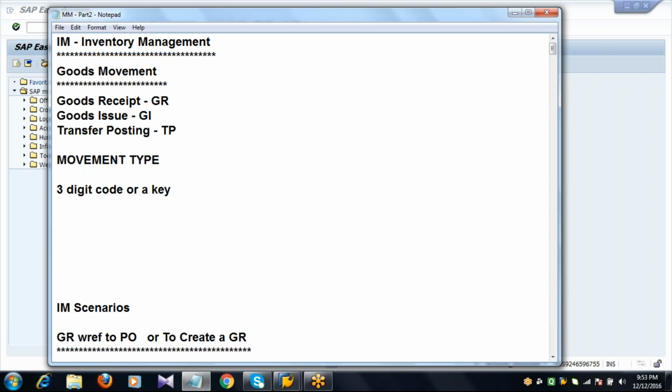And this movement type plays a major role in automatic account determination. There is a topic called automatic account determination, that is during integration with FI finance.